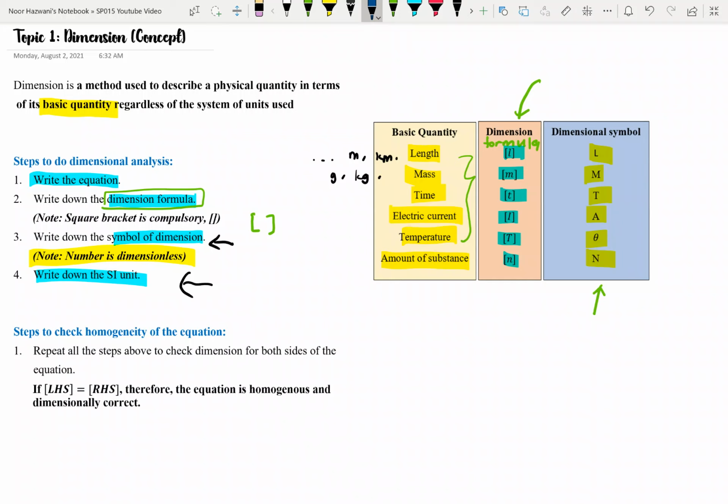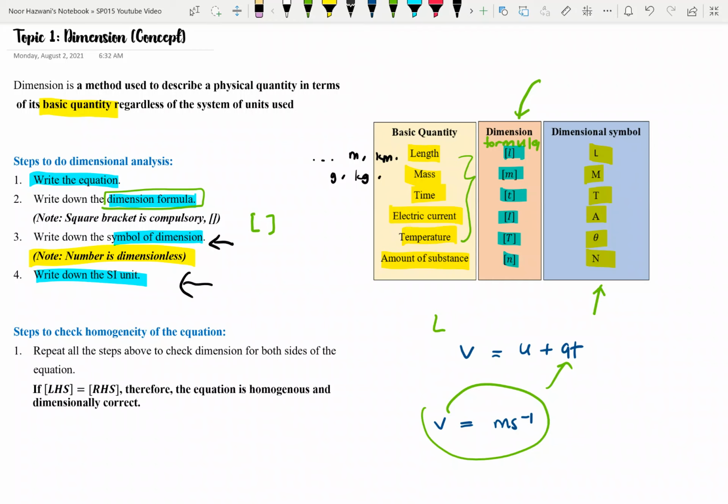Contoh, kalau kita ada linear kinematics equation, kita ada equation V equals to U plus AT. Okay? And then, kita tahu unit V adalah ms negative 1. So, kita nak check. Kita nak check benda ni equivalent tak dengan right hand side dia. Betul tak? Akhir sekali, either SI unit dia sama ataupun dia punya dimension sama ke tak? Okay, contohlah. Dimension untuk velocity, ni I tak buat lagi step, I just tunjuk lah. Contohlah, dia ms negative 1 kan? Meter, so dia